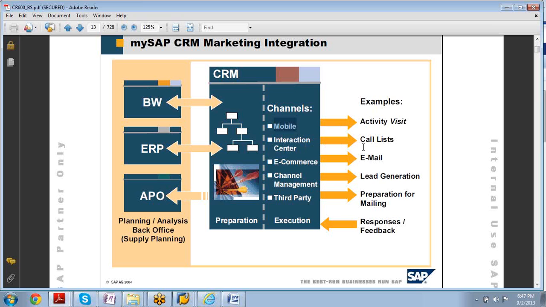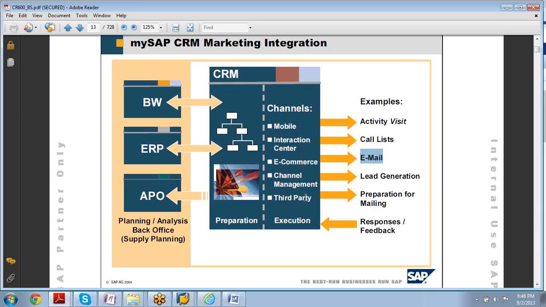Interaction center, there'll be call lists generated, because without call lists, your call center will sit quietly. E-commerce will be sending emails automatically to the customers. Whatever they do, e-commerce people are not interested to get calls from the call center. They know how to take decisions. They know how to track their order. If the order is not coming on time, then interaction center will be involved. Most of the e-commerce customers will be self-processed, isn't it? So different things like channel management is a different